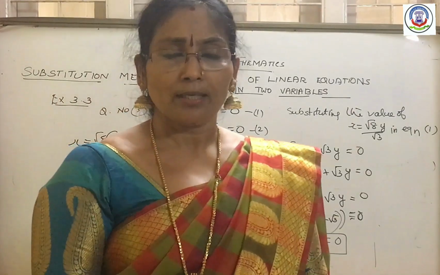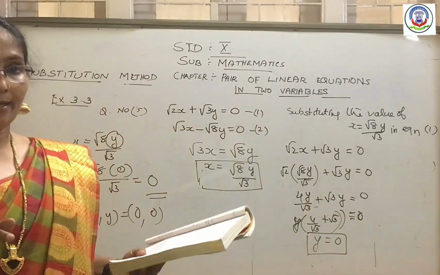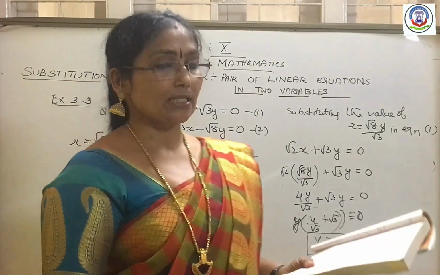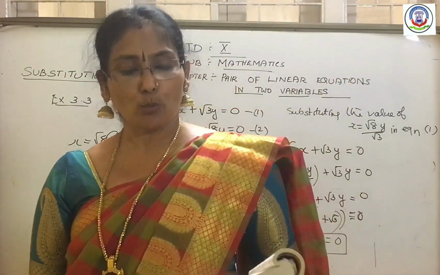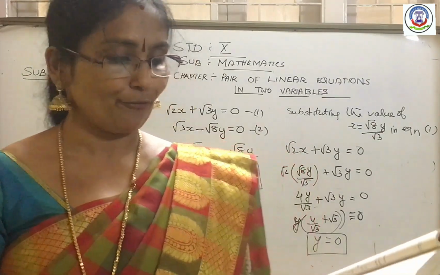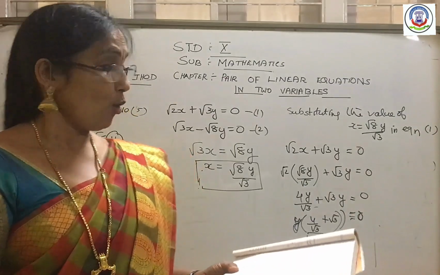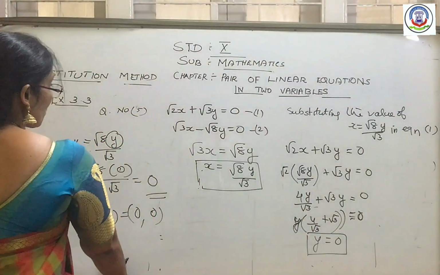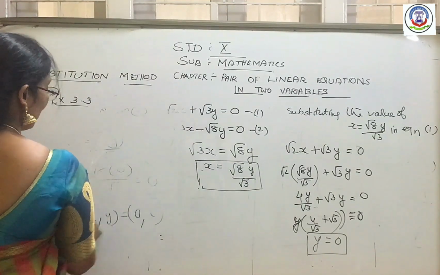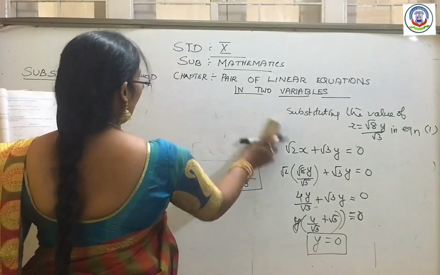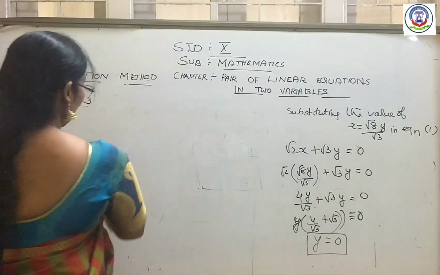Question number 2. That is also yes, so simple question only. But the question is saying, solve 2x + 3y = 11 and 2x - 4y = -24. Hence, find the value of m for which y = mx + 3. By looking at the question, you may have some confusions, but no need to be in confusion. Here is nothing, this sum is so simple.